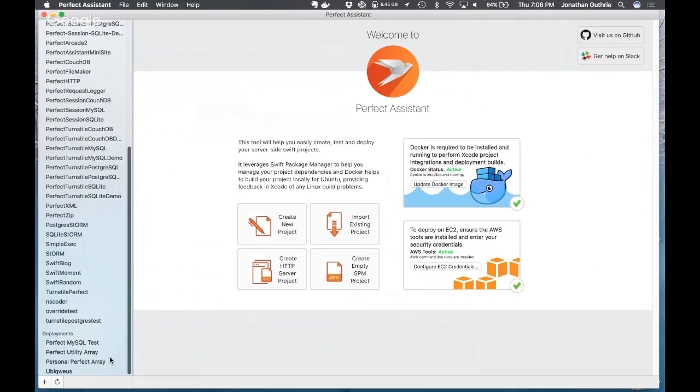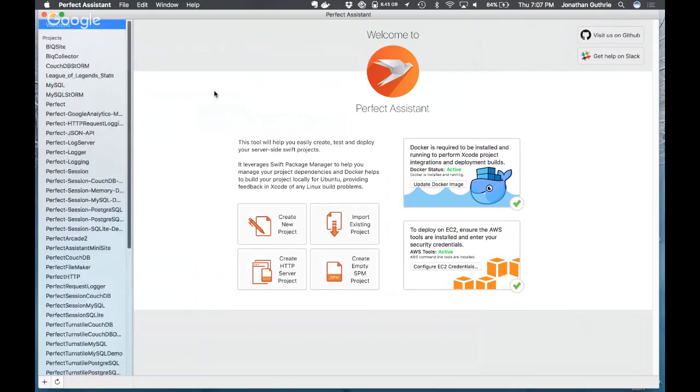So we currently have deployment options for AWS. There's going to be a lot more coming. We're planning Azure and a whole bunch of others. If you want to deploy to your favorite Linux host, the more people that keep asking us for a specific one, the more likely we are to add it. So talk to us. And it's a one-click deploy.